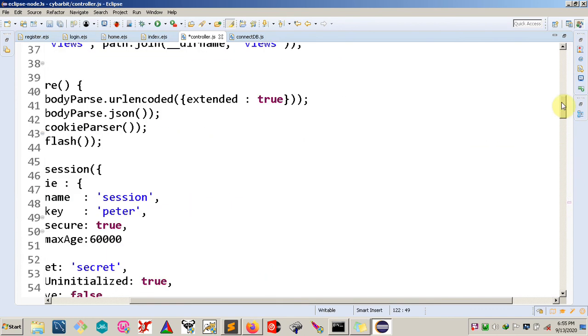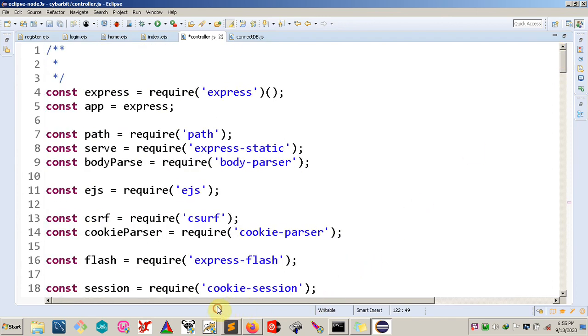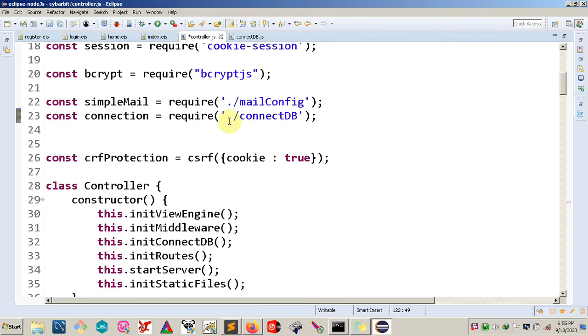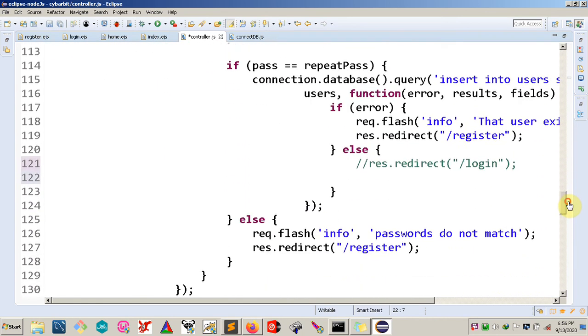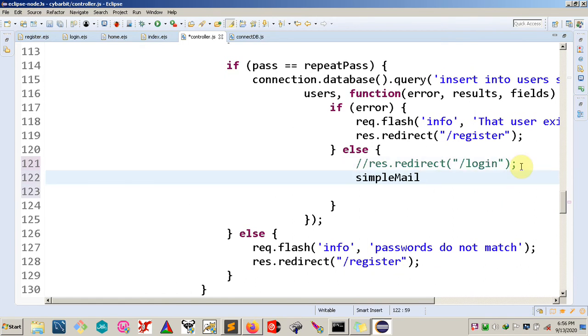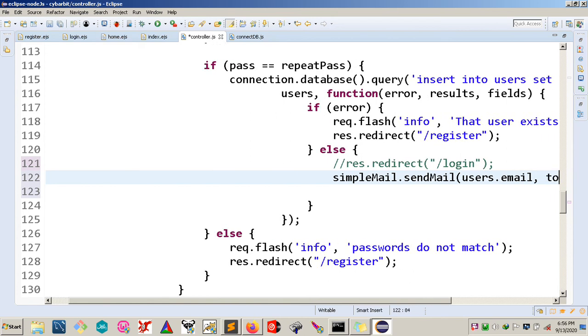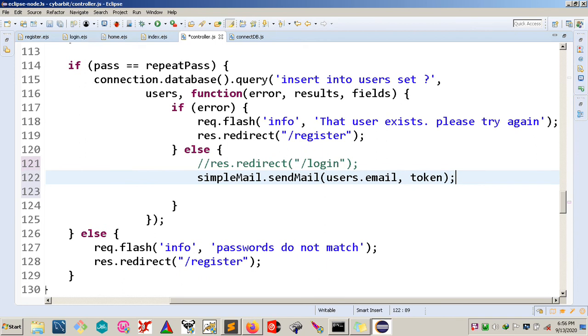Let me just grab that variable, this simple mail variable, and go back to that register route, and I'll paste it here and say sendMail, and it will accept users.email and the token, and that's that. And we might actually want to tell them that we have sent them an email message by saying